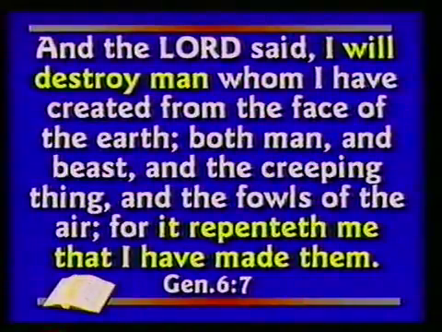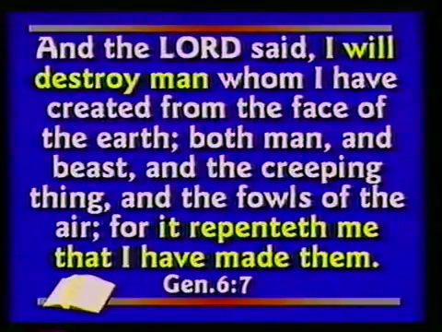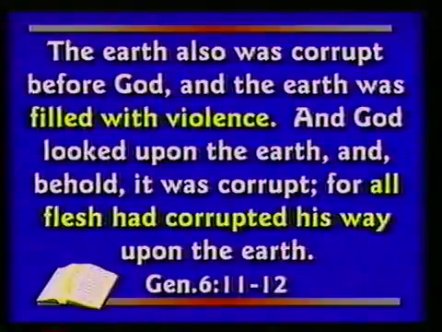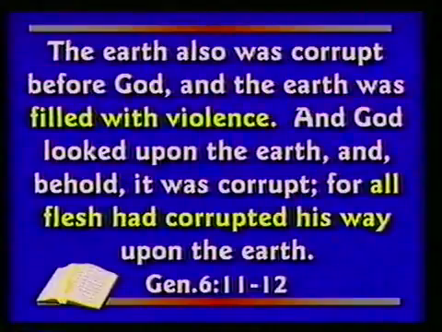So God the Lord said, I will destroy man whom I have created from the face of the earth, both man and beast and the creeping thing, and the fowls of the air, for it repenteth me that I have made them. The earth also was corrupt before God, and the earth was filled with violence. And God looked upon the earth, and behold, it was corrupt, and all flesh had corrupted his way upon the earth. Now, I'm not sure if this all flesh means just all humans, or by this time had something happened, and the animals were also corrupt, and they were violent, and eating each other when they weren't supposed to be,